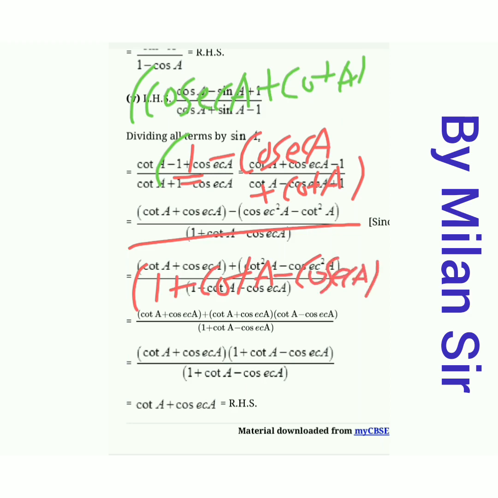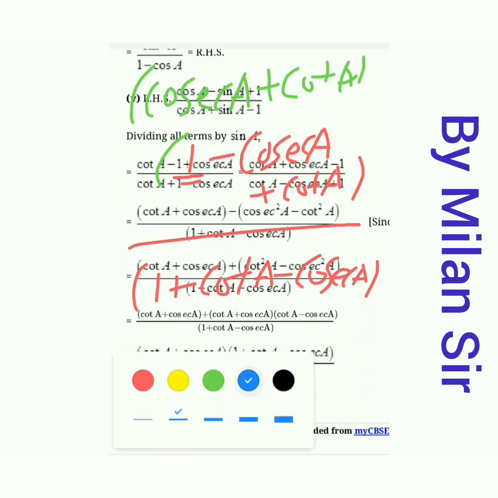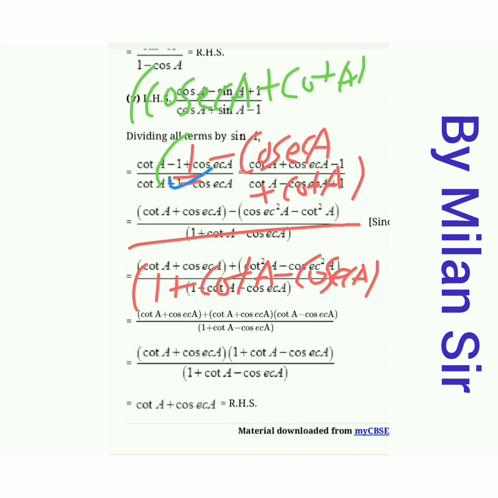Now in the numerator it's a single term, because two brackets are there. So a multiplication process is there, that means it's a single term. So we can cut numerator and denominator. Now look at this bracket. Here 1 is there, here 1 is there. Minus cosec A, minus cosec A, plus cot A, plus cot A. So both these brackets are same, right? Only the order has changed.